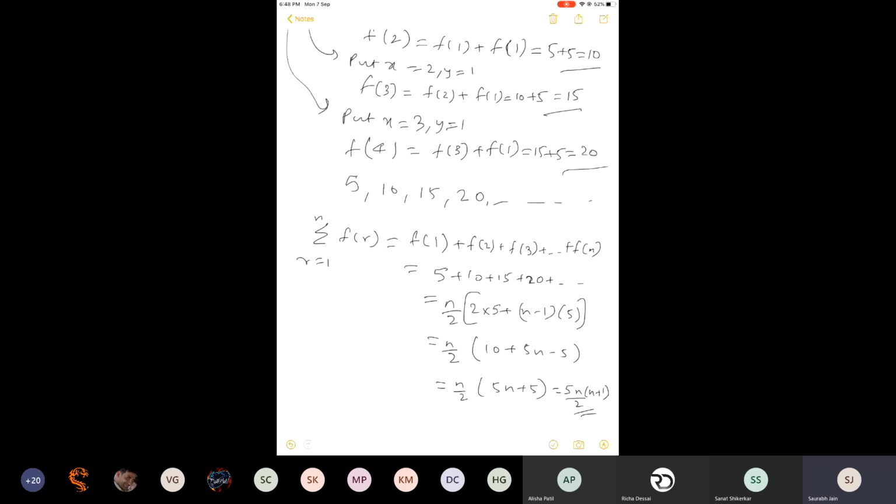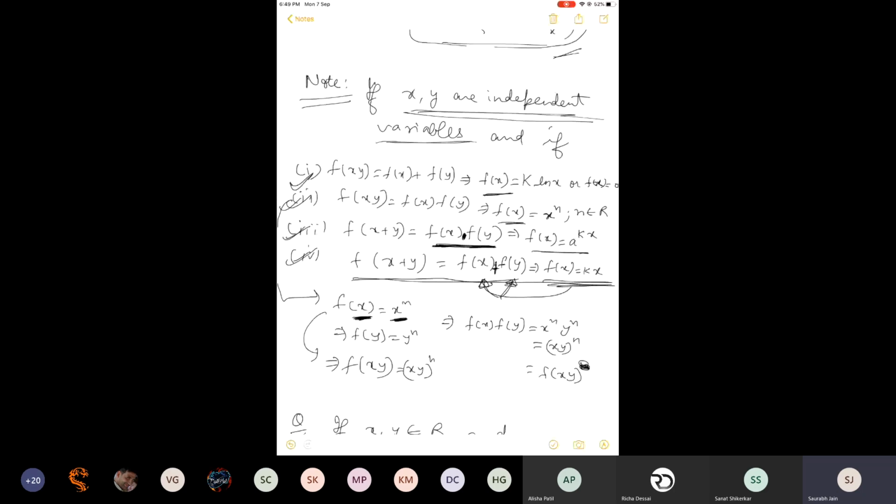So these were the four standard results. Questions can come on these standard results also. Questions can be like this where we were doing some replacement. Putting numbers also can be a part of solving the question. So that will depend ultimately on the question itself. One more important point